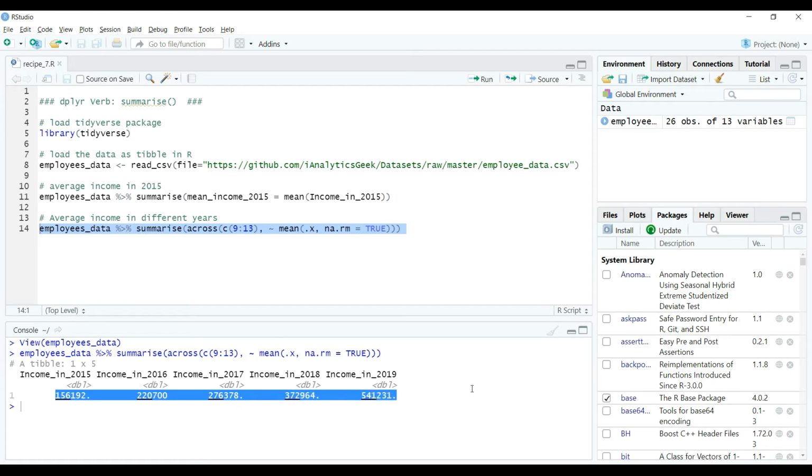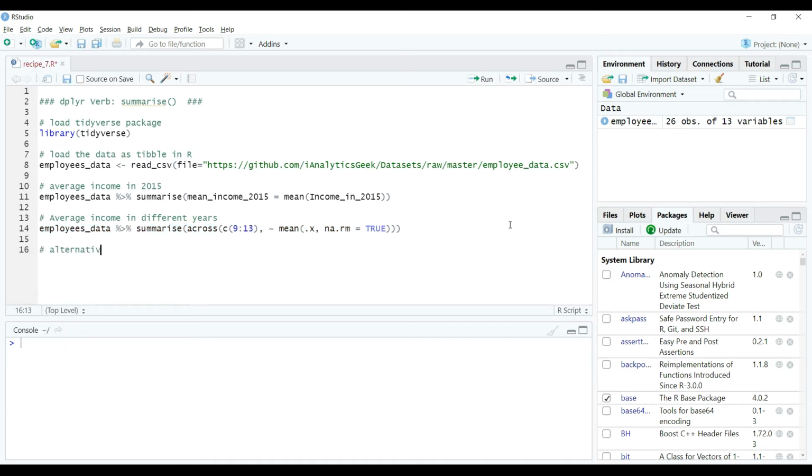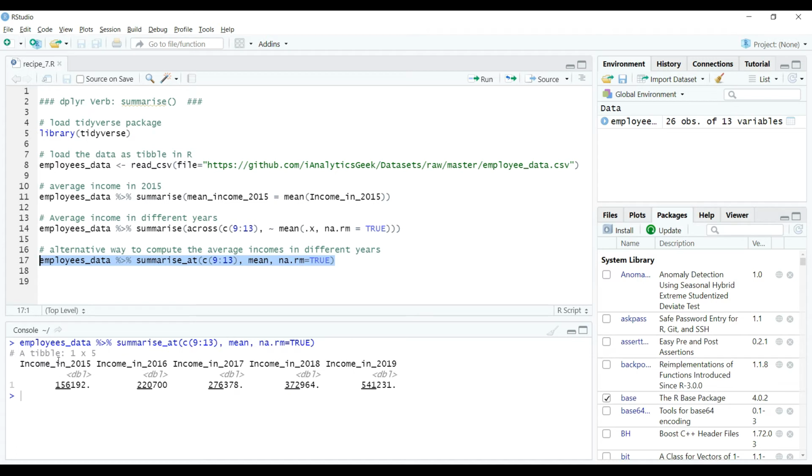Of course, like I kept telling in my previous videos within this series, there are always alternatives to what we do. And if the previous code looks difficult to you, I can write an alternative to it. Thanks to dplyr for that. The alternative code is as follows. And when we execute it, we get the same result as we got earlier. Easy code, right? So always remember that there are alternate ways of everything we do in R.